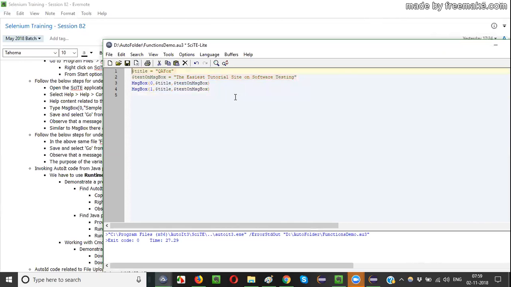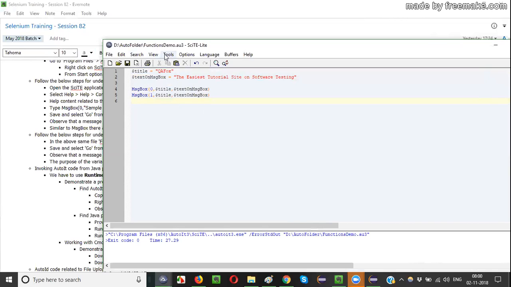These are the variables, and we have used the variables. We are trying to print the variable names here. So these messages will be displayed on the message box anyhow. I just modified the program a bit, where in the earlier program there were no variables. Now in this program I converted some text into variables. I stored some text into the variables and reused the variables here and there.